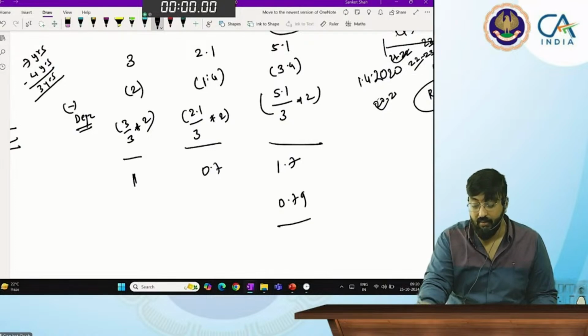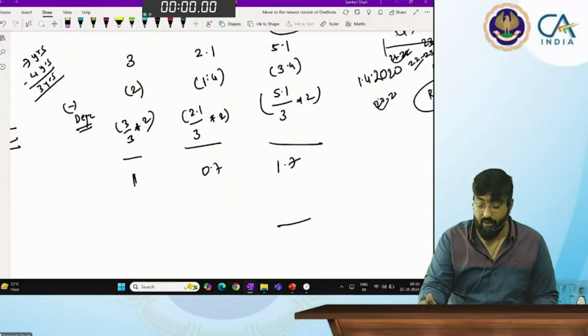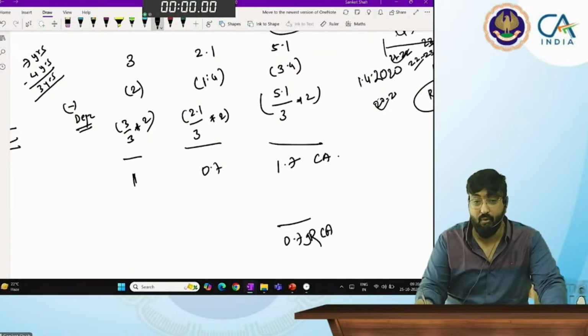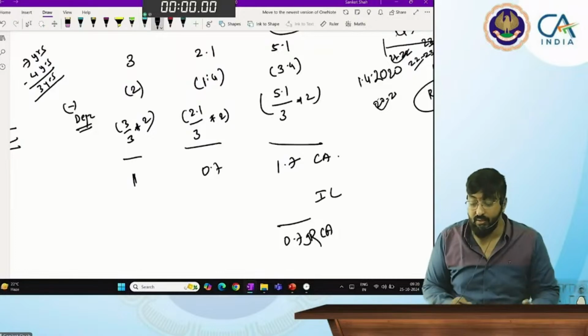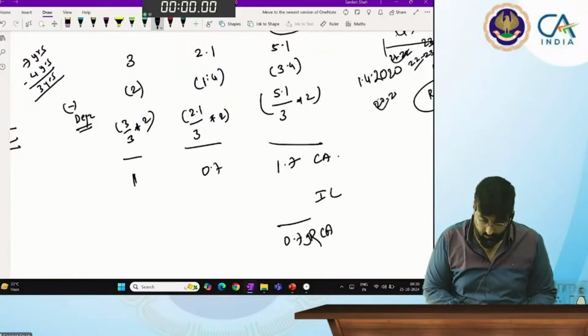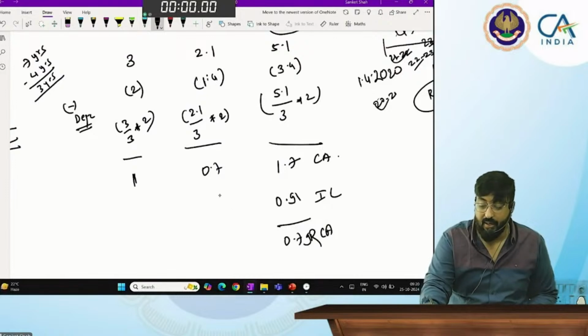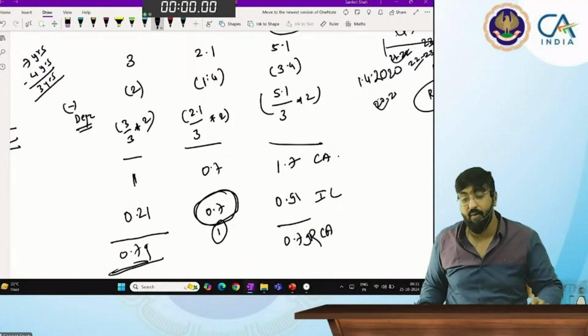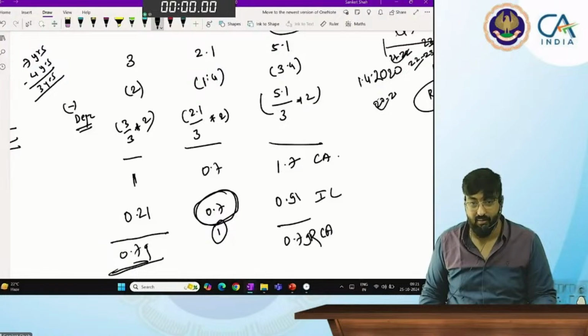0.79 is the revised carrying amount, and this 1.7 is the carrying amount. So whatever impairment loss happened, how much is it? 0.91. Now against what will you adjust this 0.91 first? Revaluation. Then how much is left? 0.21. It's the same as goodwill, we did it in goodwill, so first adjust